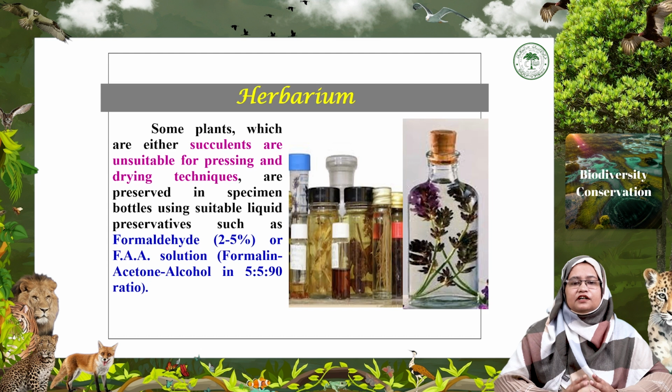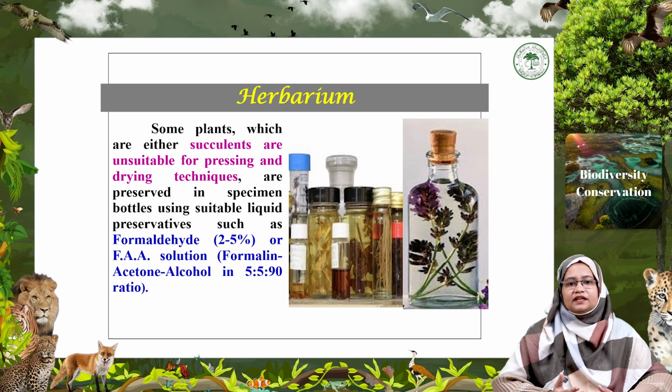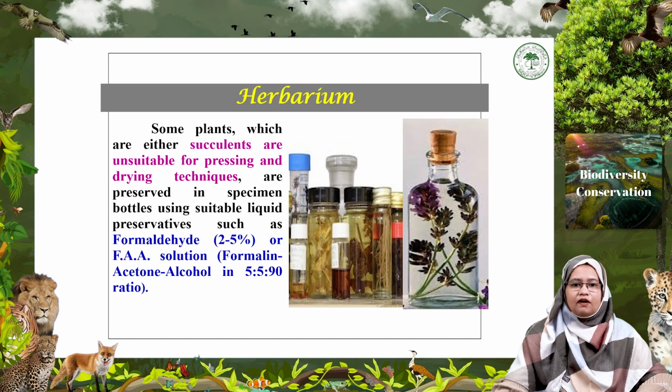Now moving toward preserving non-dryable plants, because many plants have parts which we cannot dry properly, like succulents. These are challenging to press and dry. Instead, these are preserved in a liquid solution such as formaldehyde, ranging from 2 to 5% formaldehyde solution, or maybe FAA solution, that is formalin, acetone, alcohol in the ratio of